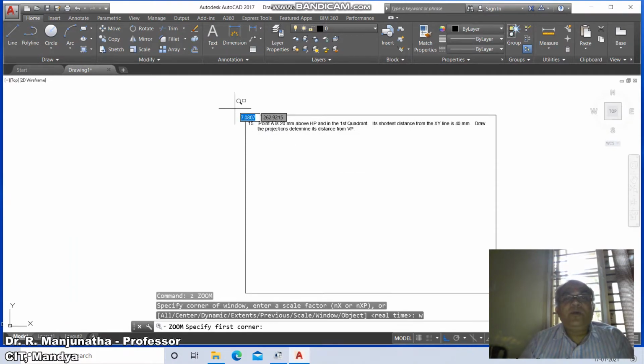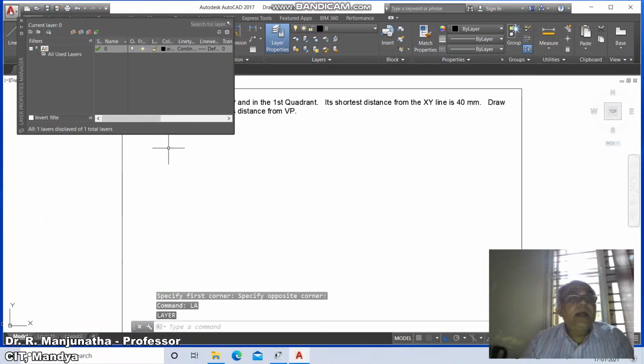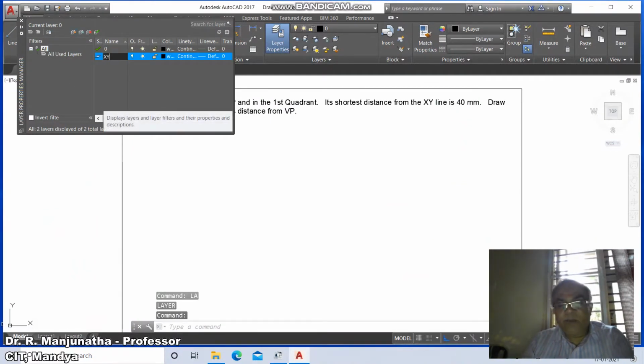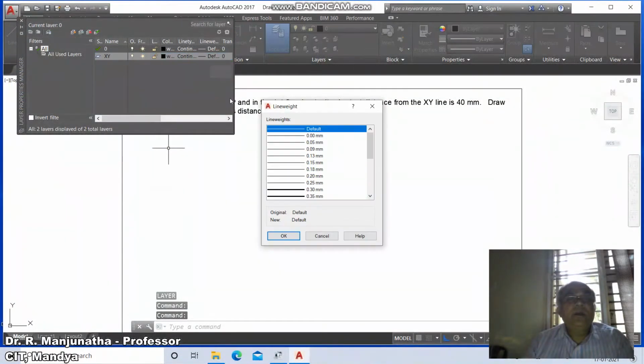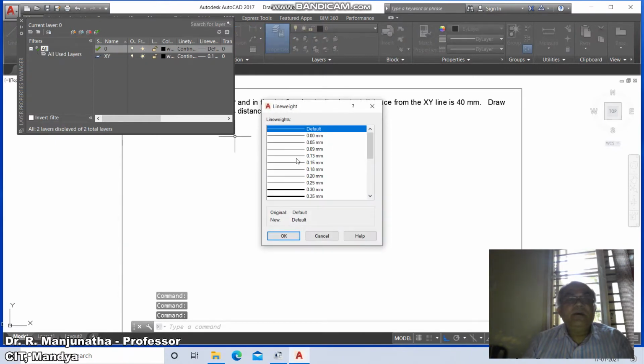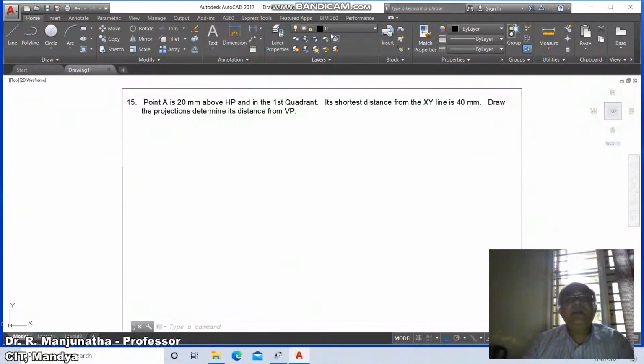And now we take near to the screen, go to layer and click on the new layer and name it XY with the caps lock on. Go to line weight, make it 0.13, and set the line weight of the 0 layer to 0.05 and say OK. The 0 layer is the current layer, which has been ticked here, and you can also see layer 0 here.